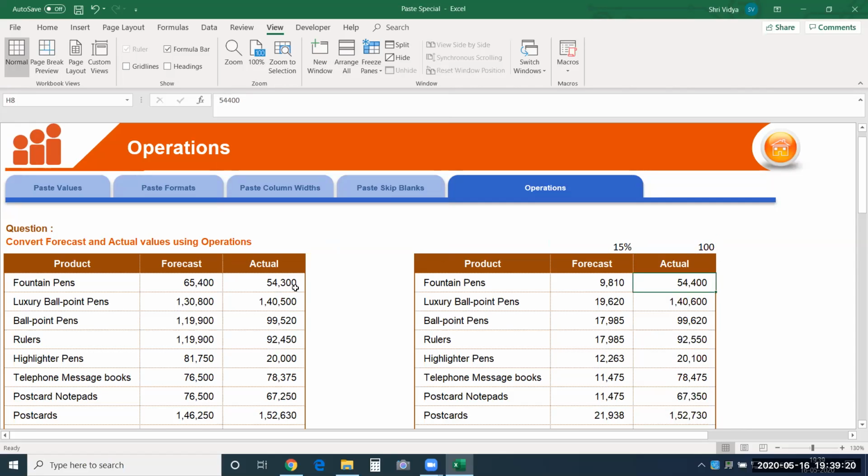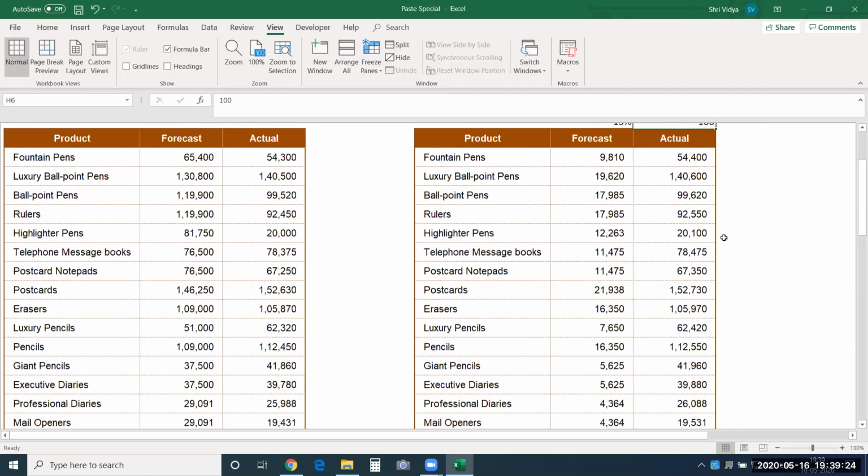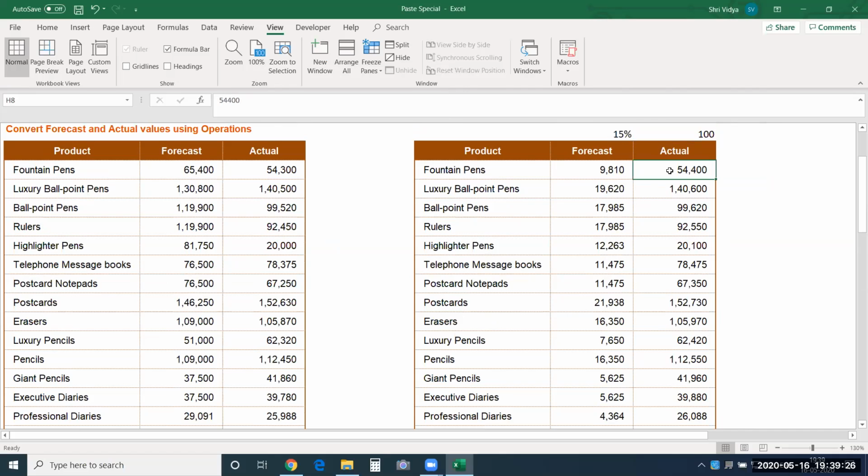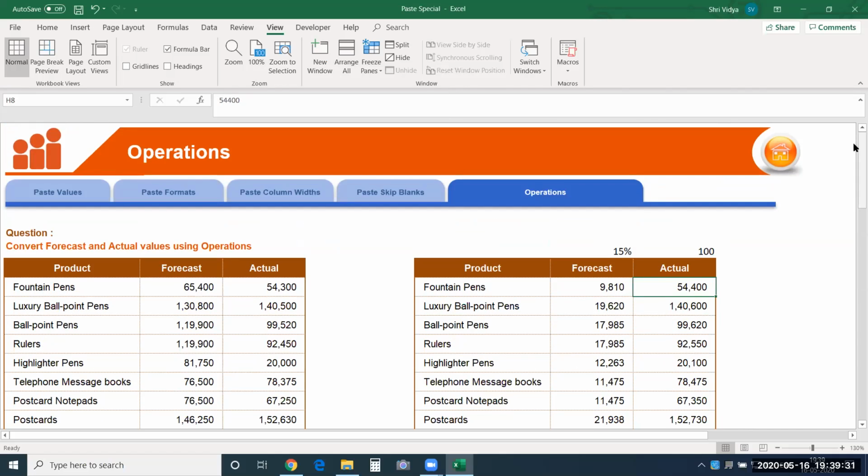See, this is 54300, this is 54400. You can see that here. So you can perform all the basic math operations like subtraction, multiplication, division, and addition. Okay. So this is one of the options in paste special.